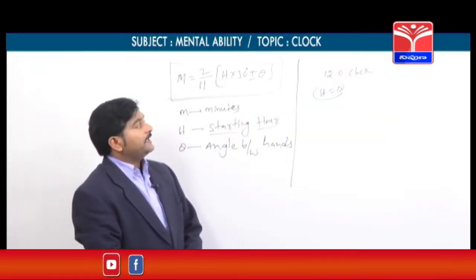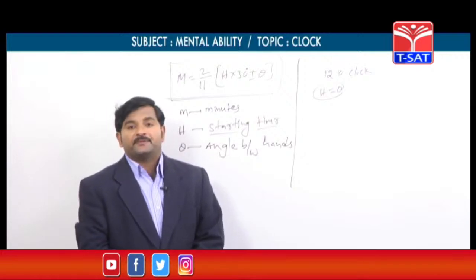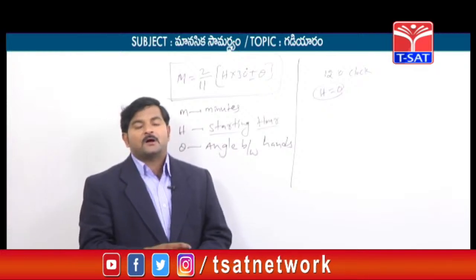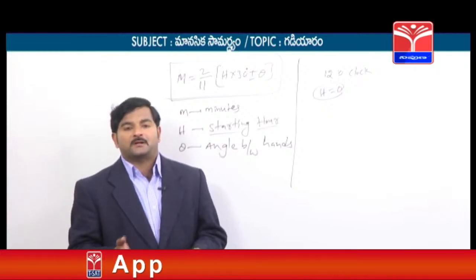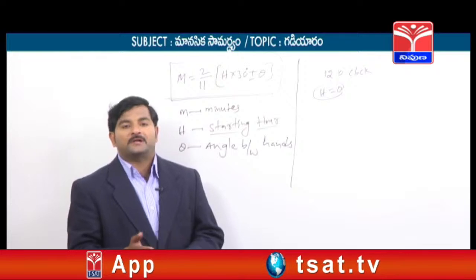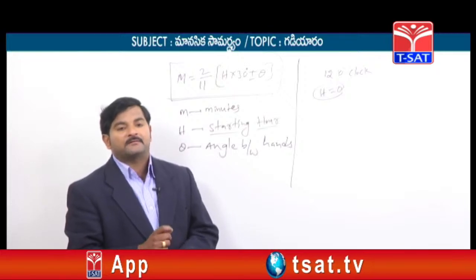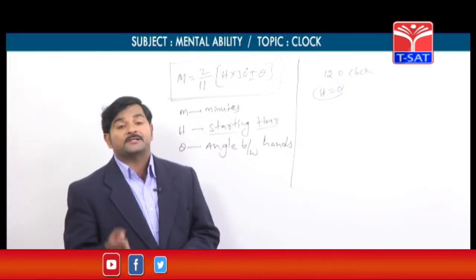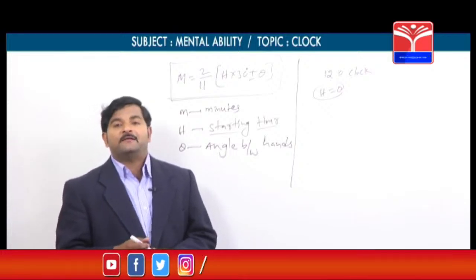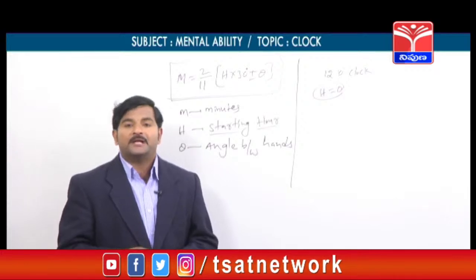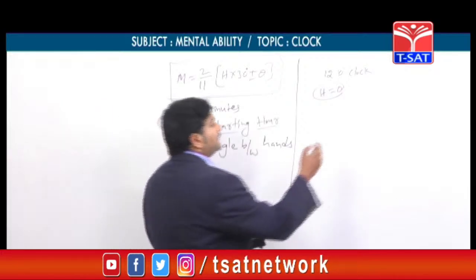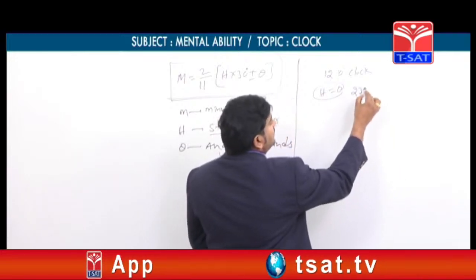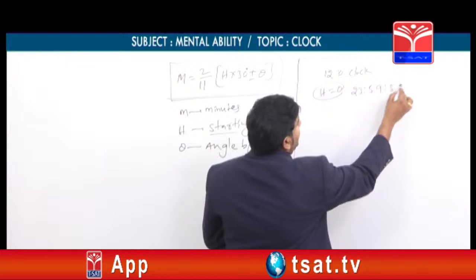So why do we need to take h is equal to 0 when the starting hour is 12 o'clock? It's simple, because the clock which we are discussing is only a normal clock. A normal clock has only 12 hours. That's why our starting hour is h is equal to 0. The best example is the railway clock. A railway clock has how many hours? 24 hours. For example, if the time in the railway clock is 23 hours, 59 minutes and 59 seconds,